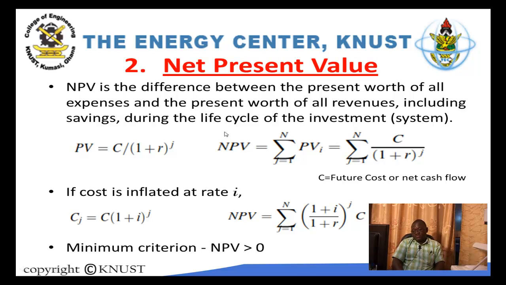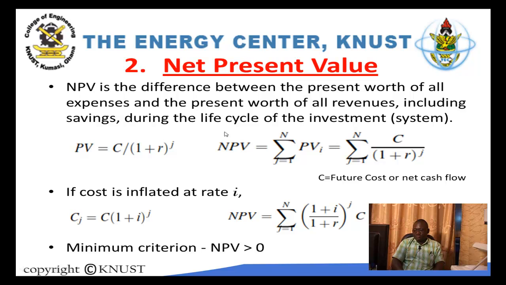On the other hand, if the net present value is negative, then it means you're actually losing throughout the duration of the project. You're actually losing value for money. So it wouldn't be a very good investment to go into. Or if it's zero, then it means you didn't gain anything, you didn't lose anything. Whatever amount you put in, you got back that same amount at the end